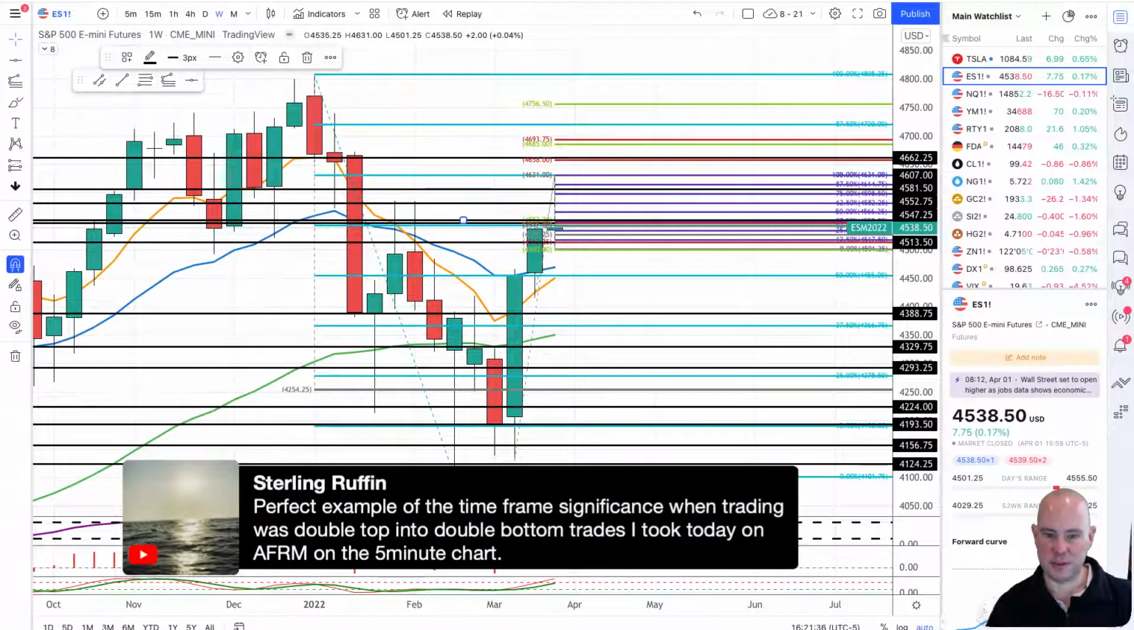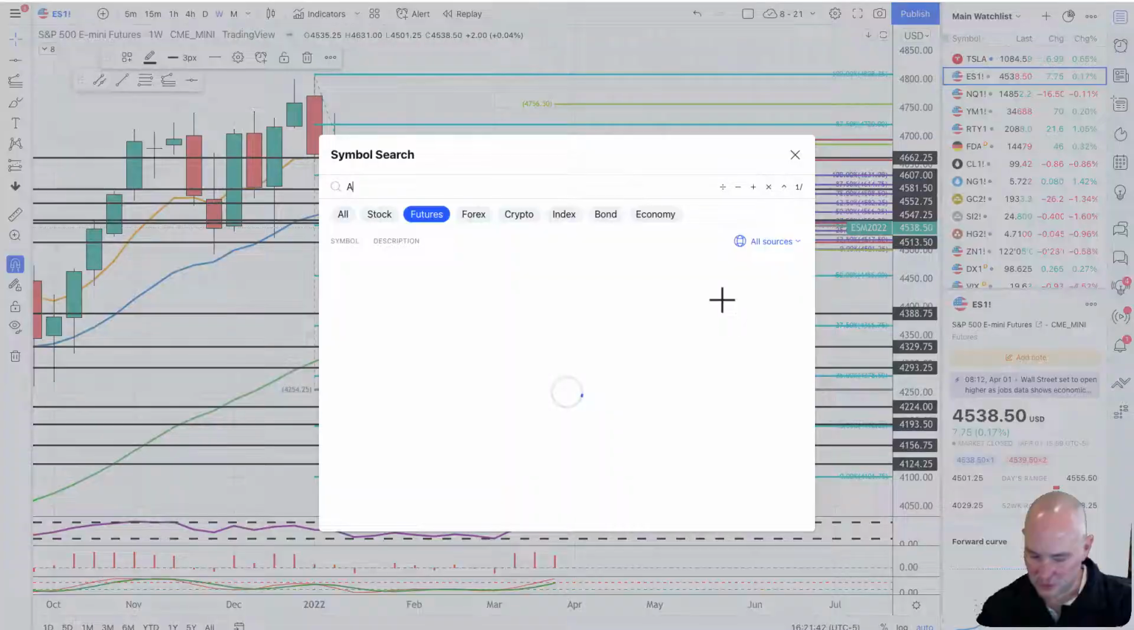Perfect example of the time frame significance in trading was the double top and the double bottom trades. And yeah, I was going to call up AFRM. By the way, if you're not in Discord,